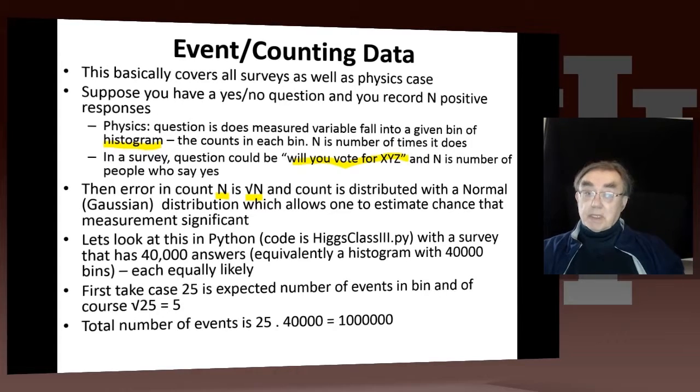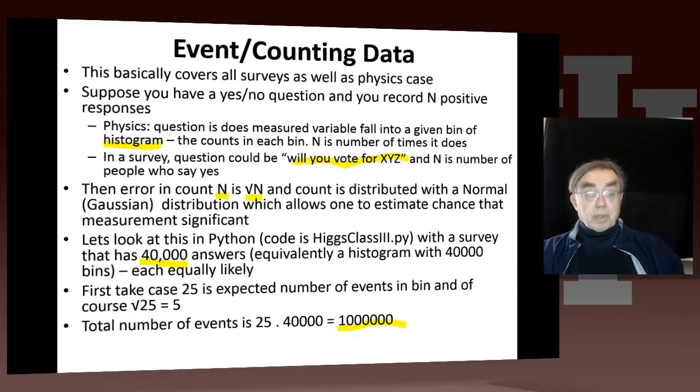Actually, typically in physics or even the survey case, you only do one experiment, so you don't actually usually measure the Gaussian distribution. You still use the results as Gaussian to measure the probability that your measurement is off from the real value. However, if we use Python, we can do something different. We can actually do 40,000 experiments. So we're going to measure 40,000 times.